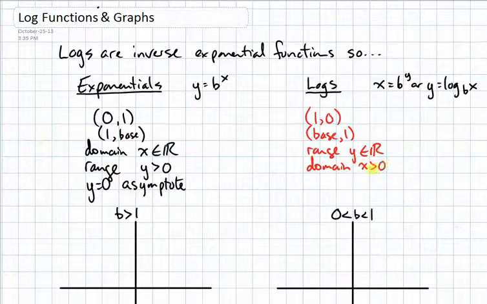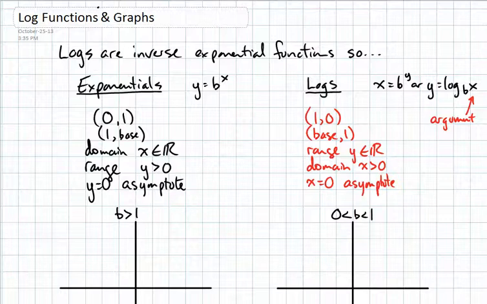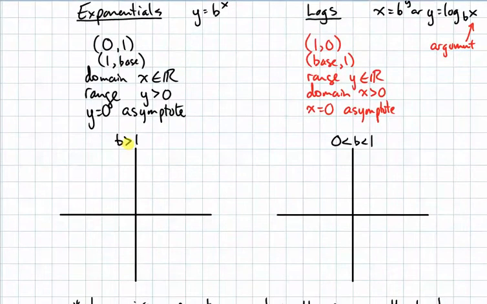I can only take positive input values into the log, which is called the argument of the log, the thing that you're taking the log of. If I have a horizontal asymptote, I would now have a vertical asymptote. So let's plot these side by side. If b is greater than 1,